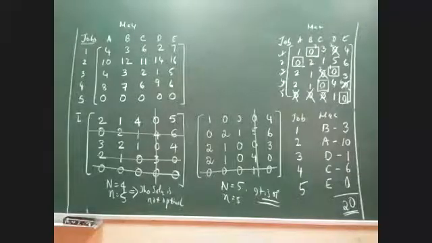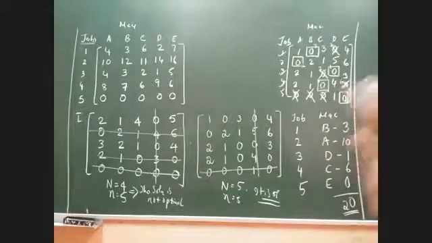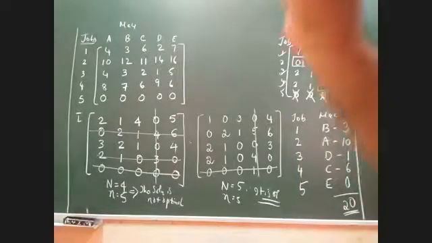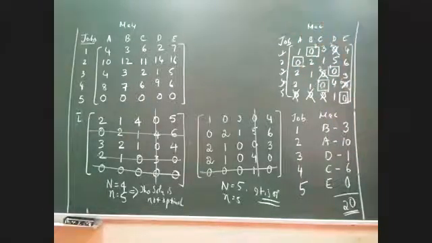Sir, if nothing is given, then we should consider it as minimization? If nothing is given, then it is obviously a minimization case. Yeah, very good question. In a minimization case problem, they will not specify anything. They will simply ask you to find the assignment cost for the following, or solve the assignment problem. In a maximization case problem, specifically the word maximum will be there in the question. If nothing is given, then it is always by default a minimization case problem. Have I answered your question? Yes, sir. Thank you, sir.